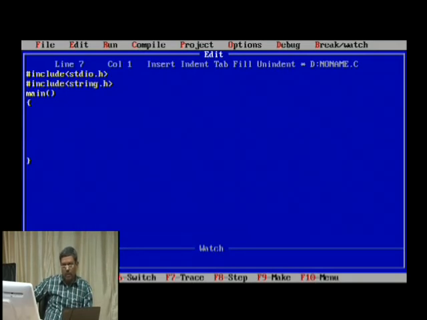I will show you a program using this library function, how to make use of it to calculate the length of the string, because it's very important when we have to deal with a particular string, or even a sentence. The entire sentence can consist of alphabetical characters or numerical characters, which are entered as characters only.